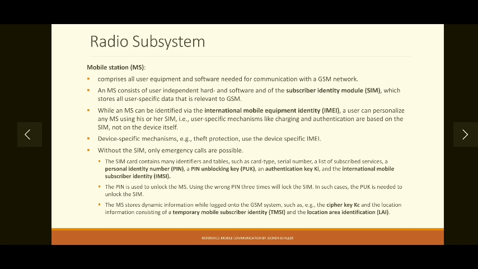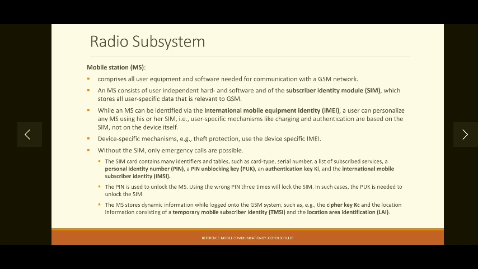So even if the service provider is the same, different users may opt for different services provided by the service provider. Then device specific mechanisms like theft protection or the device specific IMEI are also part of the mobile station.